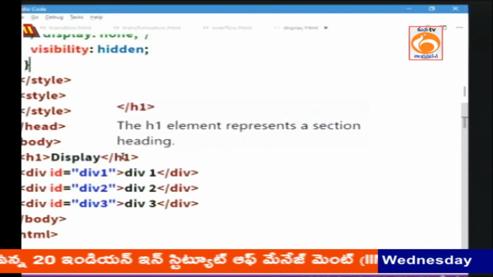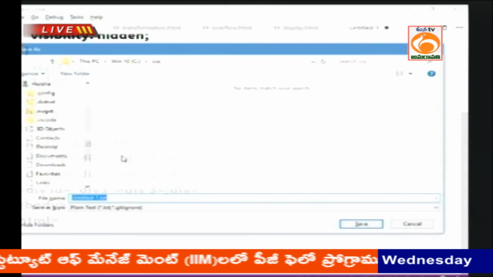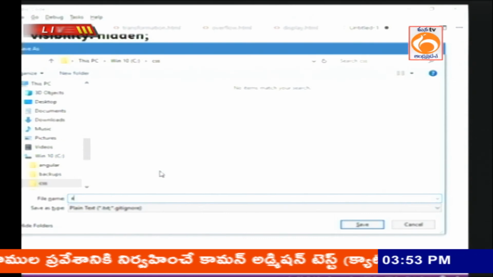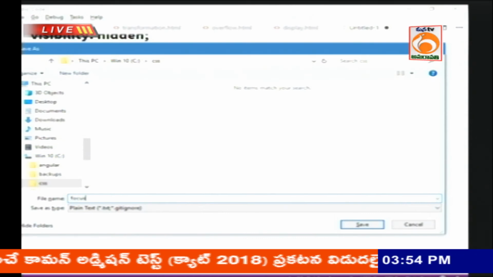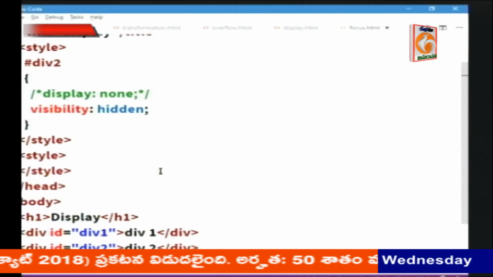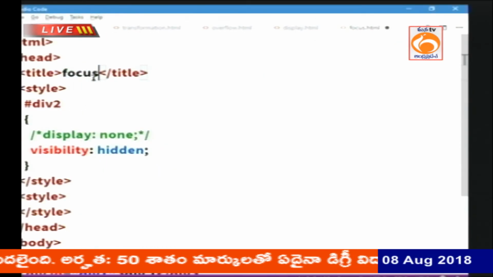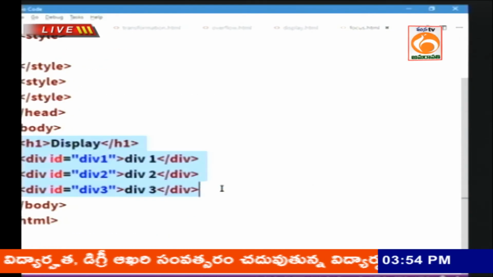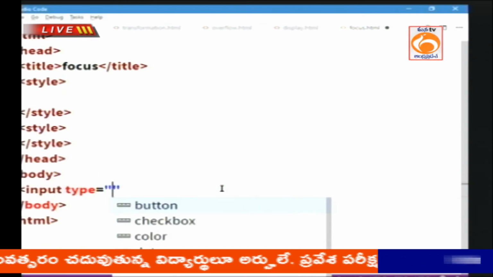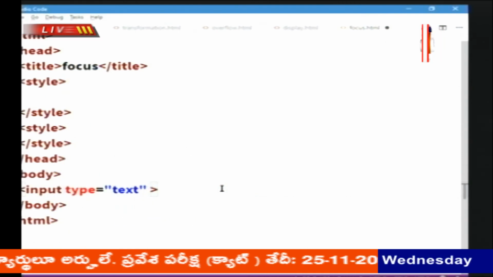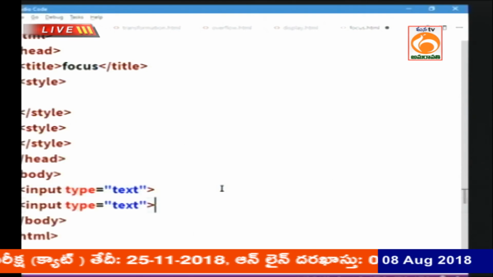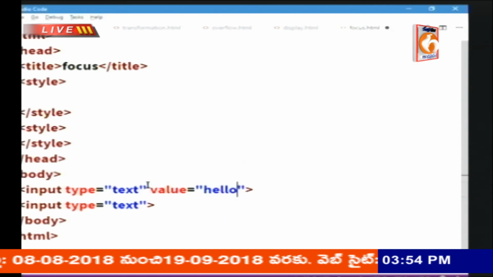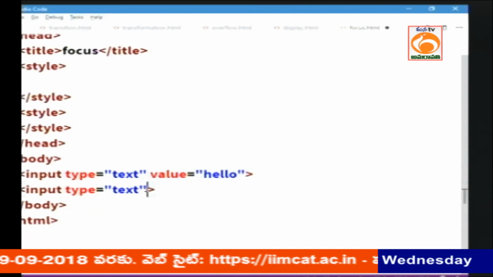Okay, so next property. So also we have something called focus. So we have a text box. We are going to take some text boxes, and on focus I want to apply some style. How to create the text boxes? Input type equal to text. Also some value is required. So for example, value equal to hello. So we have some sort of text boxes,